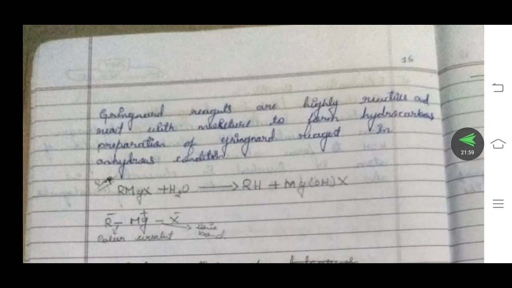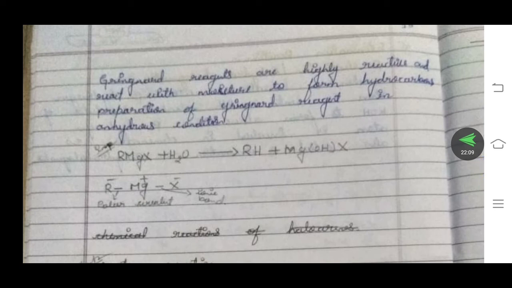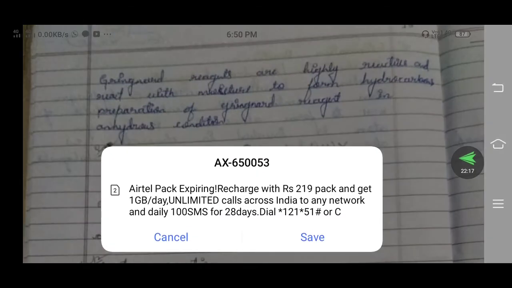See the reaction: RMgX plus H2O gives RH plus Mg(OH)X. So that's why preparation of Grignard reagent takes place in anhydrous condition, and that's why we are using dry ether. Okay, because Grignard reagent is highly